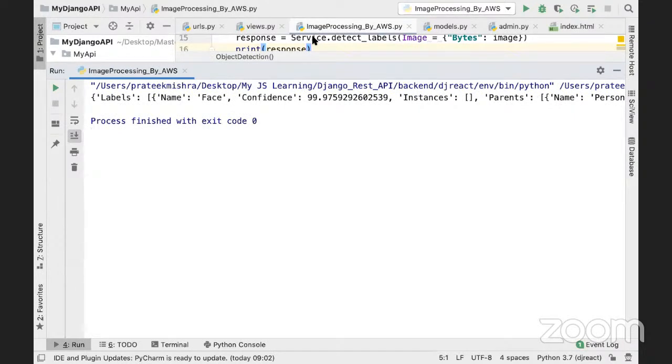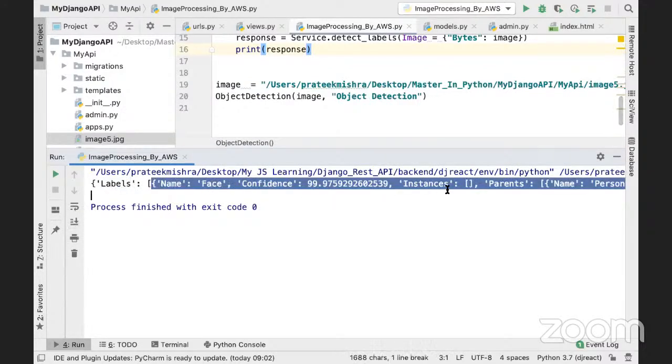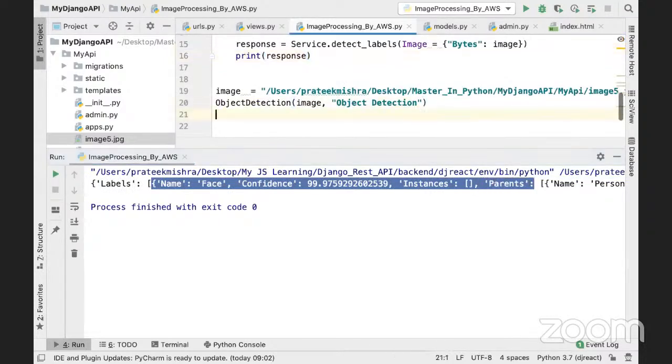or if we are planning to process this JSON data, then we can. How can we? We have this JSON data or dictionary. This dictionary is labels. Inside these labels, we have multiple objects. So what I'm doing here is running a for loop. How can we run the for loop? Simple. For objects in